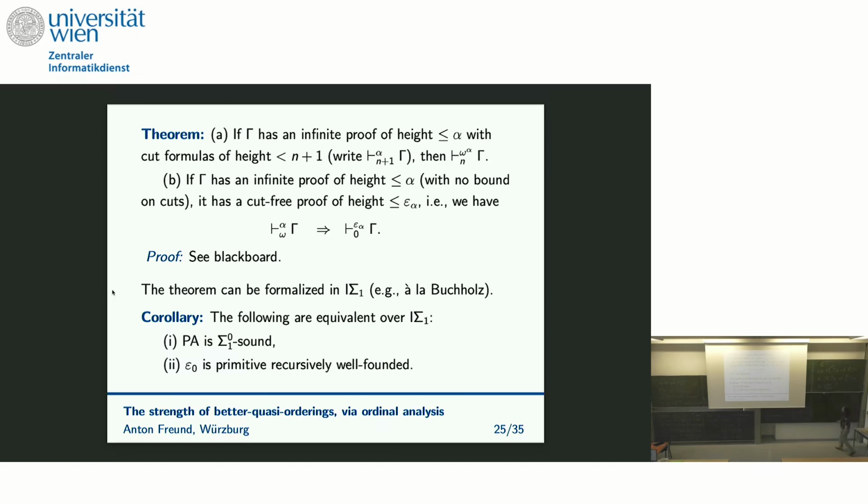And now I can use part A. So now I have a finite bound on the cut rank because I only had one cut in the proof now. And I know how to reduce finite bounds by part A by one step, but then all the way down to 0. So what I get in the end is, let's maybe just put some eta as the height of the tree, and we'll calculate the eta later. I eliminate all the cuts.